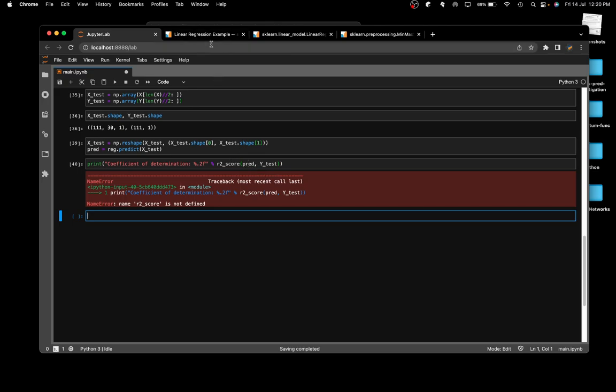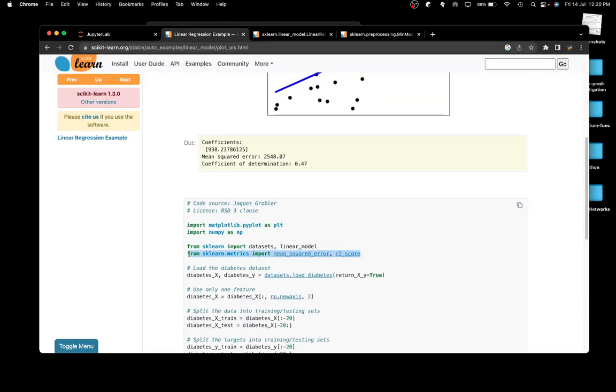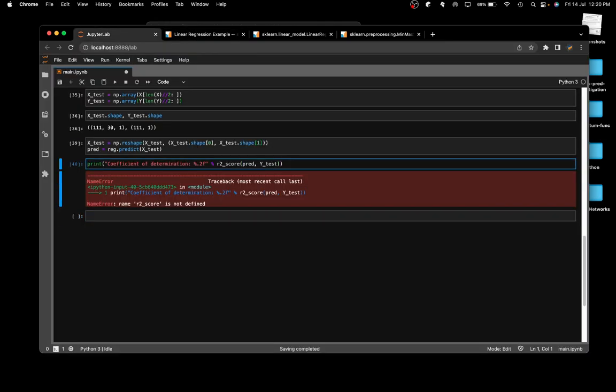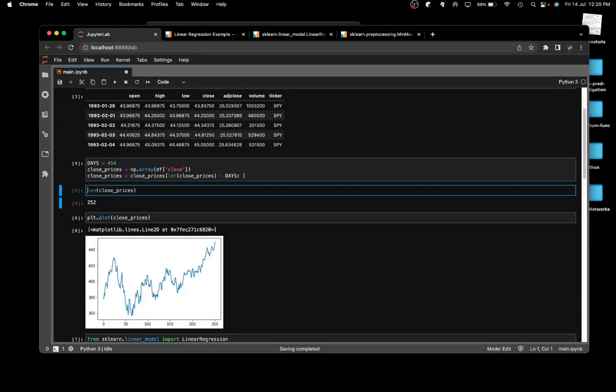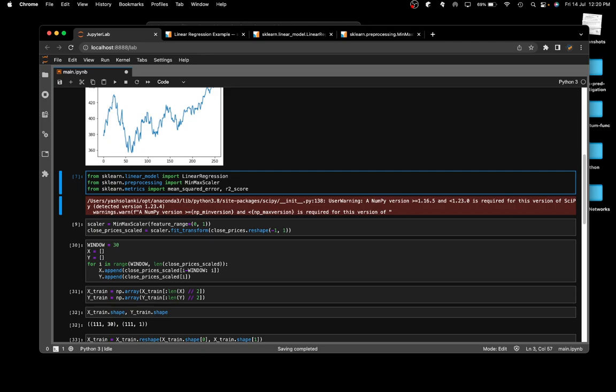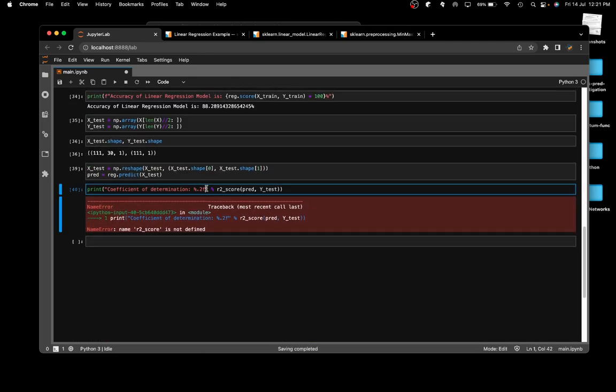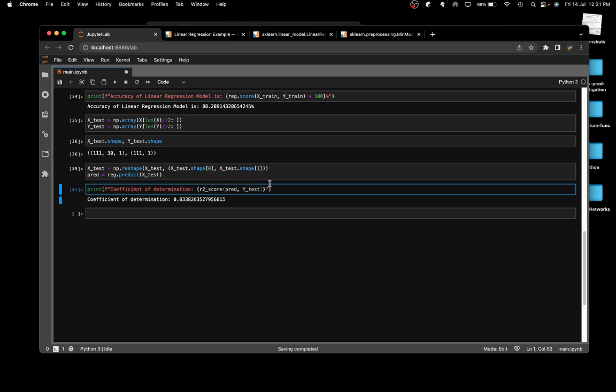R2 score is not defined. Oh yeah, I'll have to import that up top over here. I'll do it where I imported all of the other sklearn dependencies. Head on over here, and I want to put this in an f string format, because these docs were written a relatively long time ago. I don't know if f strings were still a part of Python at that point, so we can just do that. And then we can just go ahead and multiply this by 100%. So you can see that the coefficient of determination is 83%, while the linear regression model says that the accuracy